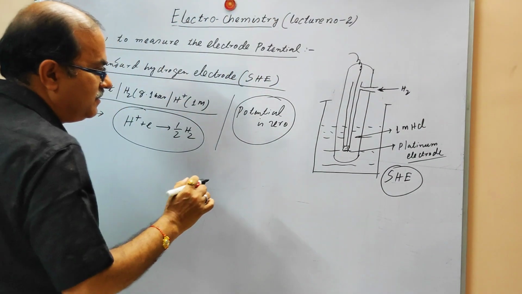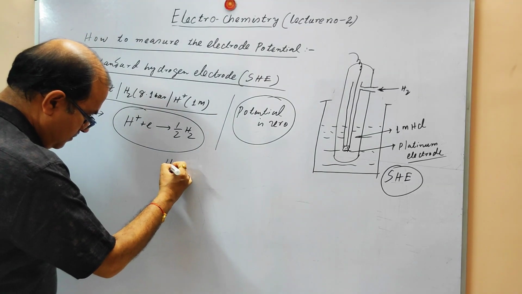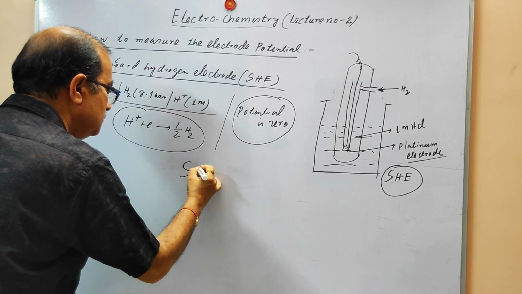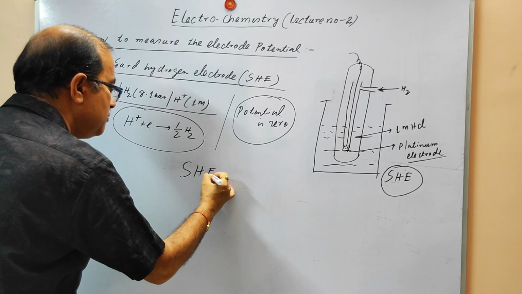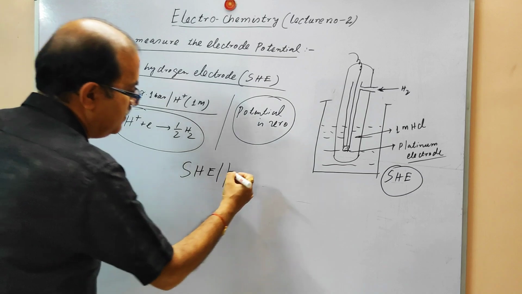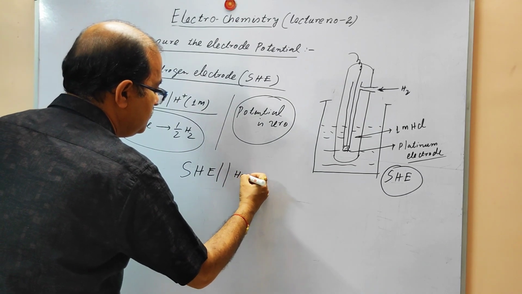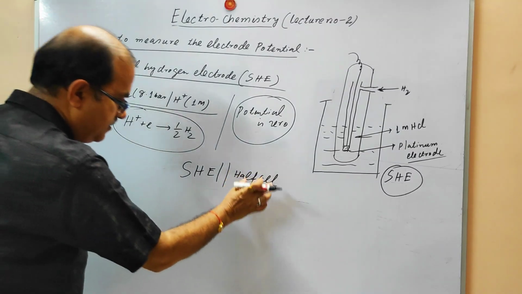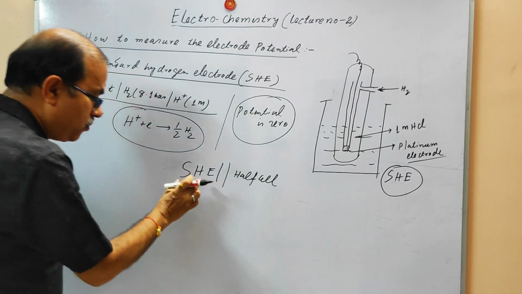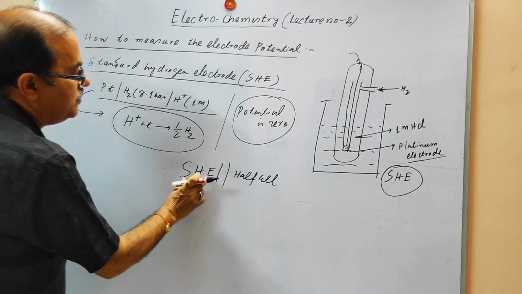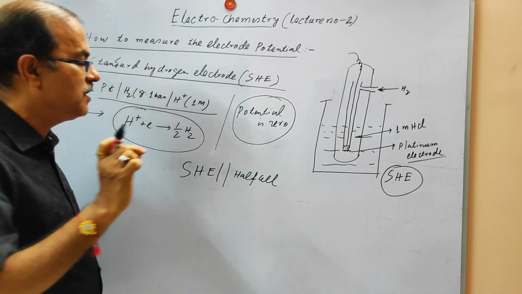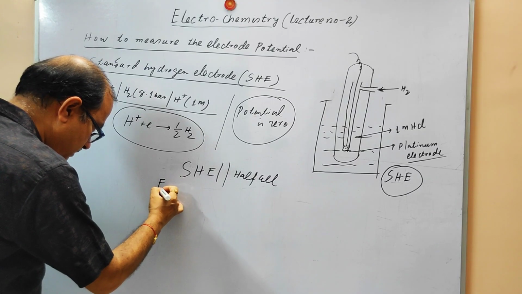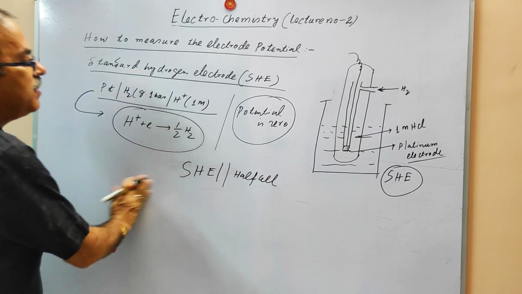So you have to construct this cell: the standard hydrogen electrode, then the other half cell. We can calculate this half cell because we know the standard hydrogen electrode has a potential of 0. So we know the potential E cell, and